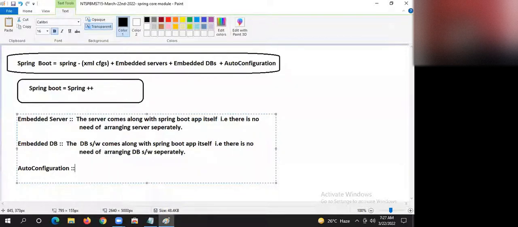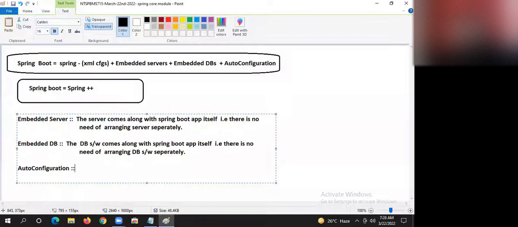Who is doing those works? There should be one software doing all these activities. Server software, nothing but web server software. And Tomcat is the example for a web server. Are you getting my point?